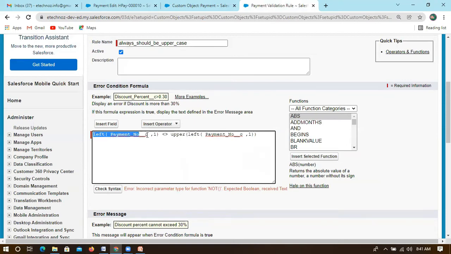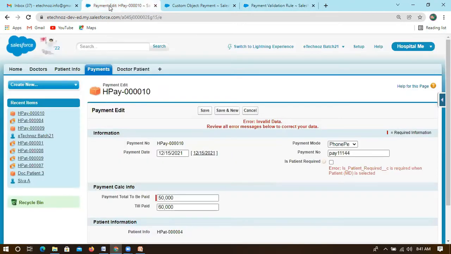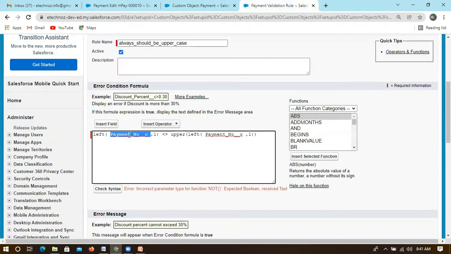One thing you can mention is that it should start with uppercase. And the second condition you can add with an or, like the one we have already written. So it will be checking both: whether it is starting with pay, and second, whether it is starting with capital pay or not. So likewise, we just need to go with this format.